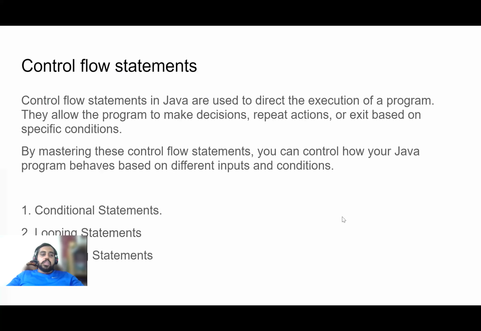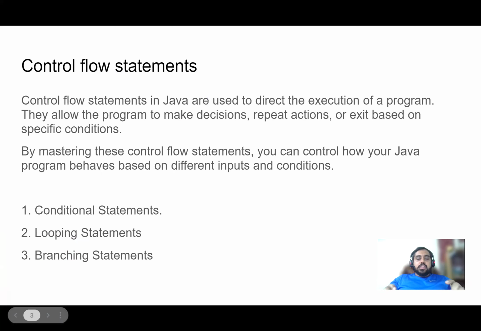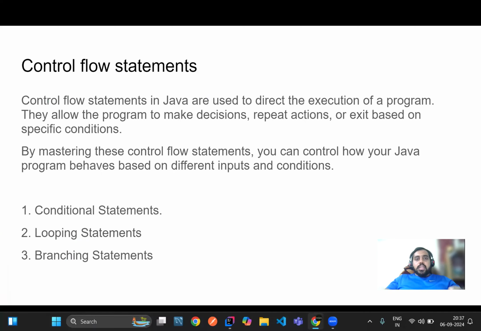So what do you mean by control flow statements? Control flow statements are nothing but the direction we write in a programming such that the program control flow will act like that. It is a direction we give for the program execution. These will allow our program to make a decision and repeat actions or exit the program execution based on specific conditions. So if you want to be a good developer, you need to master these flow control statements